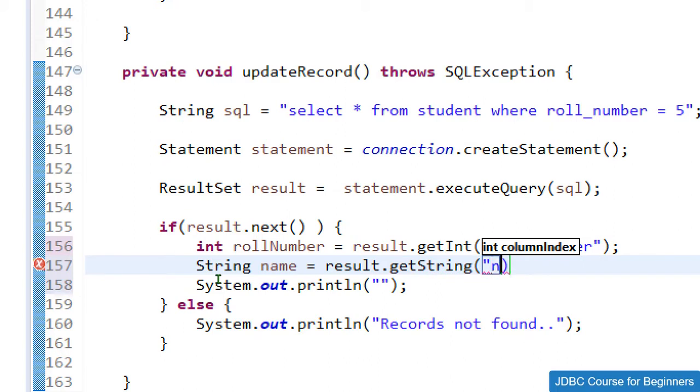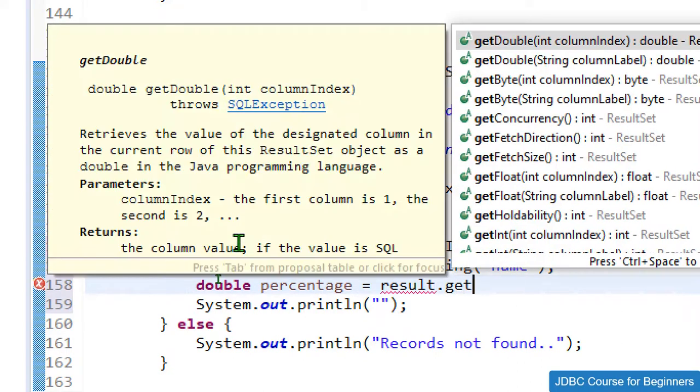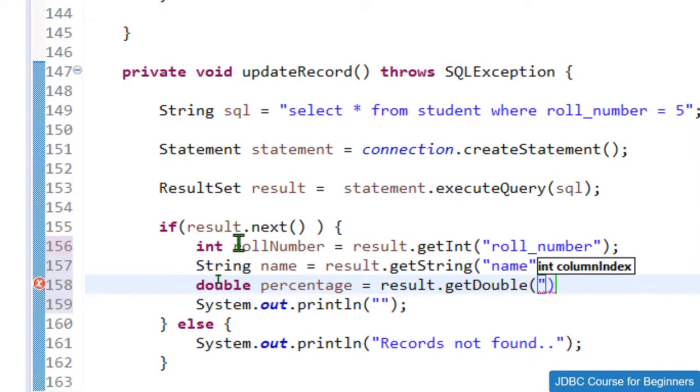So my column name is name itself, and then I just need to store the percentage. Percentage is double type, so let me store it into the double: percentage is equals to result.getDouble, and my column name is percentage itself.